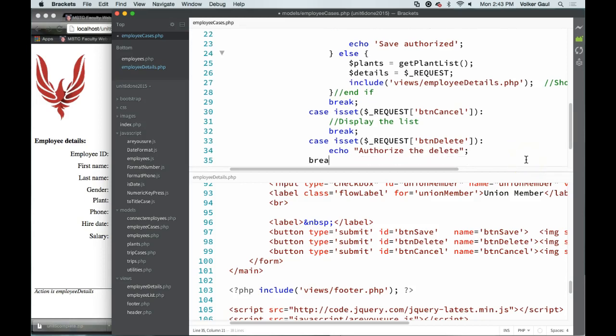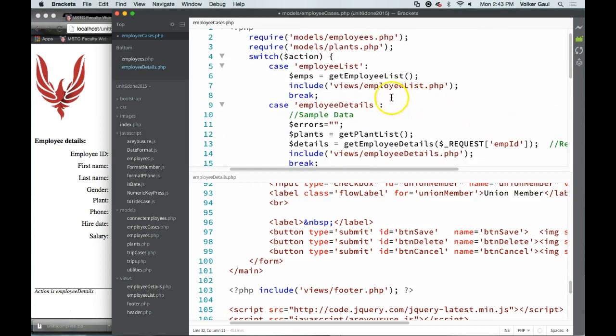That's the only thing that will display. And here's where I really want to do some work. Now, if I hit cancel, what I really want to do is go back up here and just execute this employee list. Right? Now, I could copy these 1, 2 commands, put them down there. It's not too bad with employee list. Could copy those 2 commands, put them down below. But then if anything ever changes that employee list, I have to make sure I copy it and adjust it in both places. Better idea